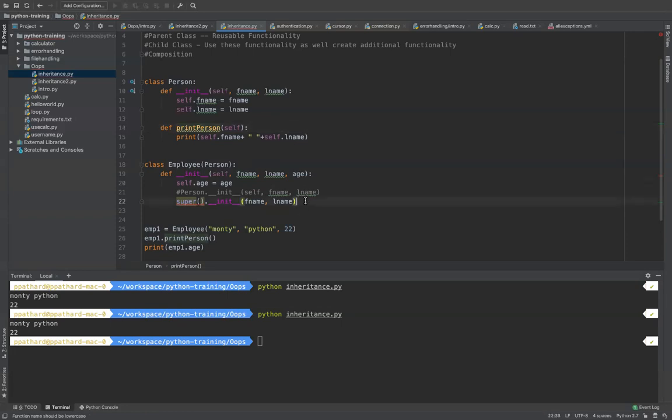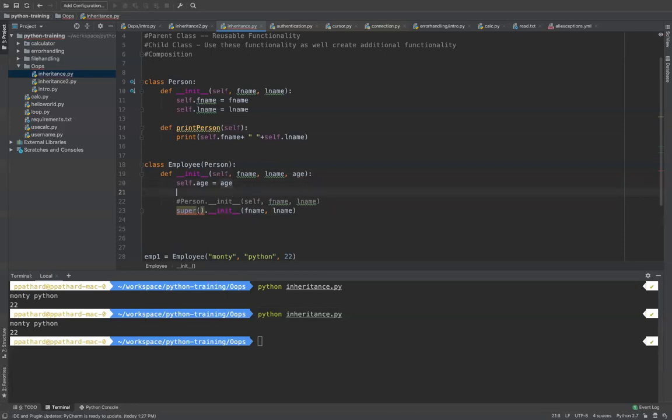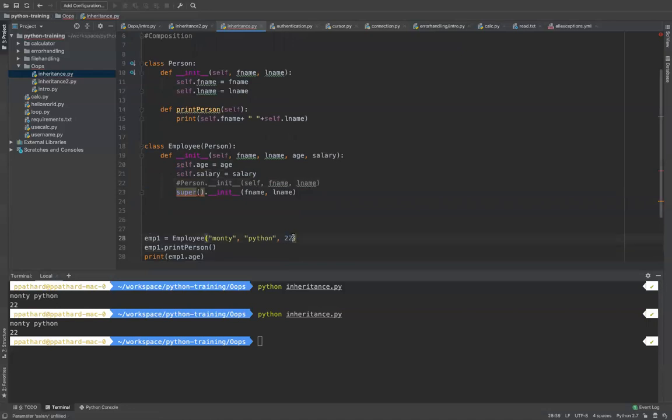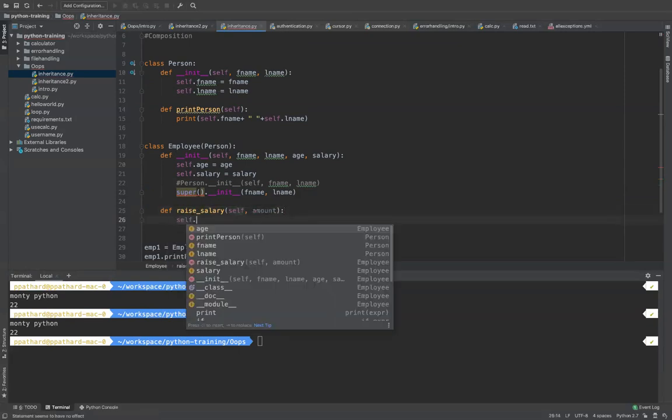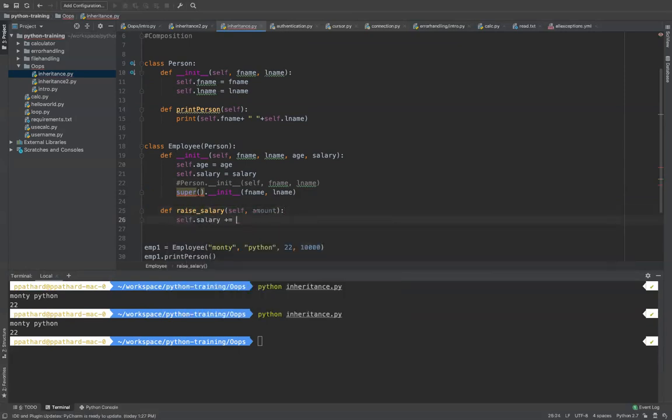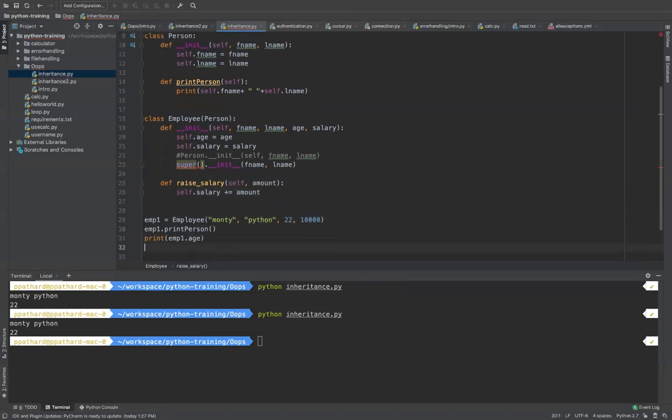Okay, for example, in the employee, let me take in the salary as well, and let me do self dot salary is equal to salary, and let me pass in 10,000 rupees. I will add a method called def raise salary, and I will take amount and self dot salary plus equal to amount, right?